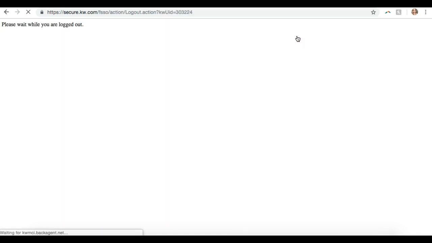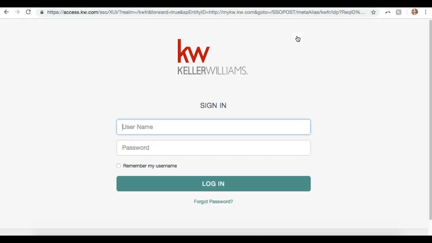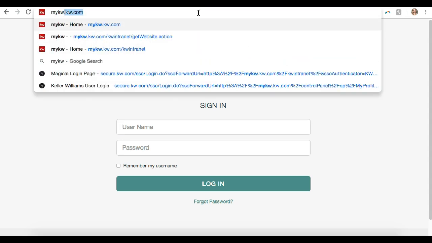Alright, so one of the first things I want to go over, which we have gone over before in previous classes, but I want to show you guys the best way to sign in to my KW. Sometime recently, I think within the last few months, they did change the login page. So if you are accessing my KW, there are a couple different ways that you can do it. So we recommend either going through